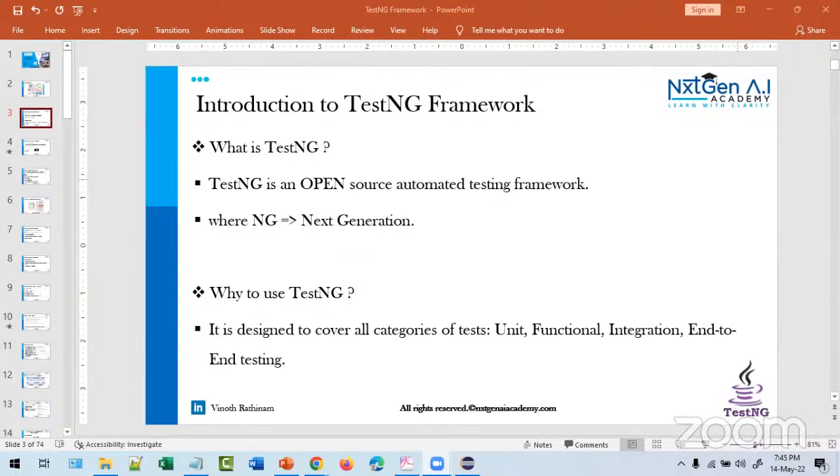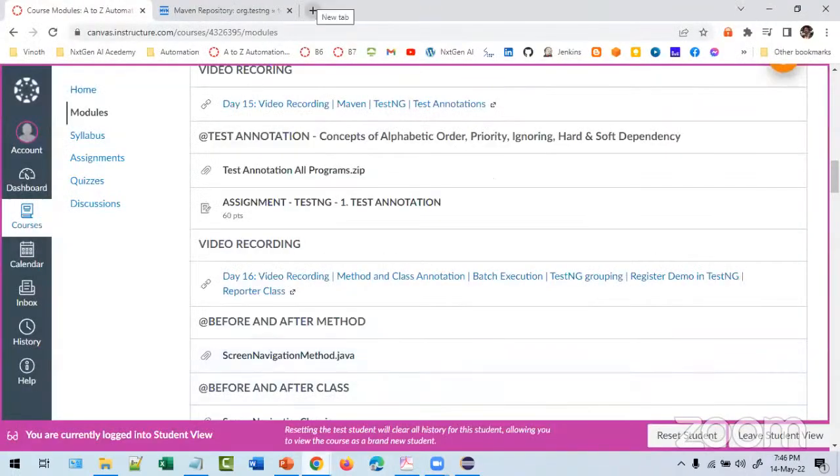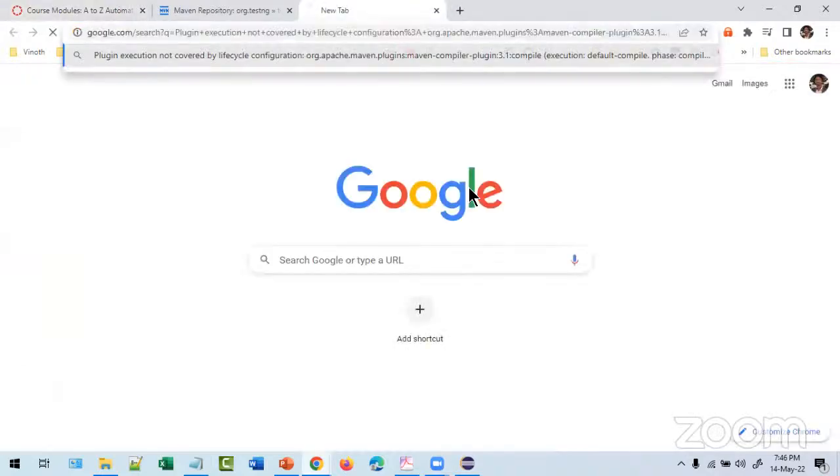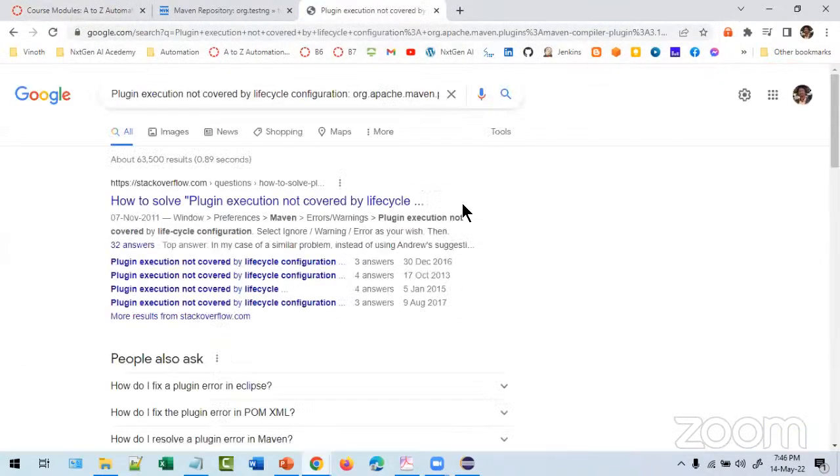Before I end the streaming, let me see some queries on YouTube. I think Jyoti is facing an issue with pom.xml. TestNG is necessary for training, and the error is: plugin execution not covered by lifecycle. Okay, this is an error. The group ID is like when we add TestNG, Selenium, it takes the group ID. So this is an error message she posted.